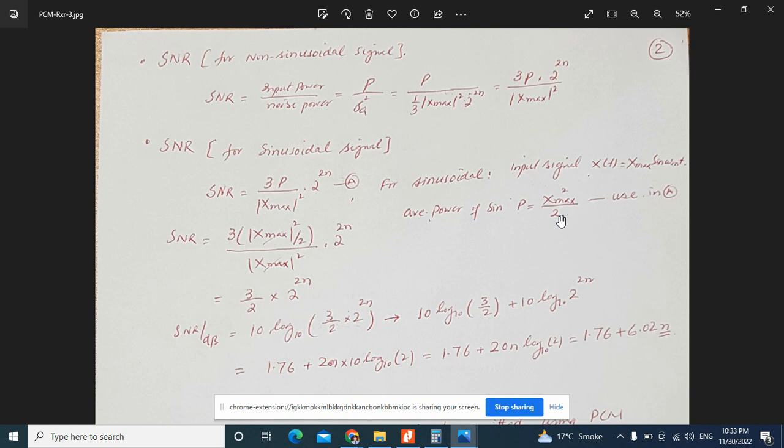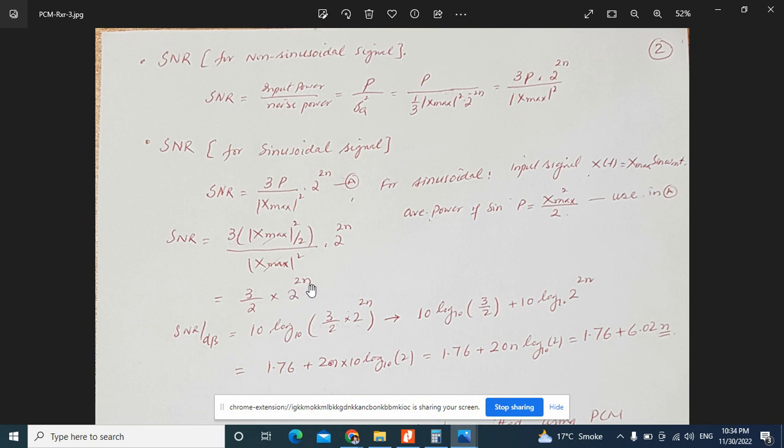So that is P equal to x max square divided by 2. So if we insert this P in this equation, we have 3 multiplied by x max whole square, and then divide by 2, and then divide by x max whole square. So x max square will be cancelled, and the remaining is 3 by 2 multiplied by 2 raised